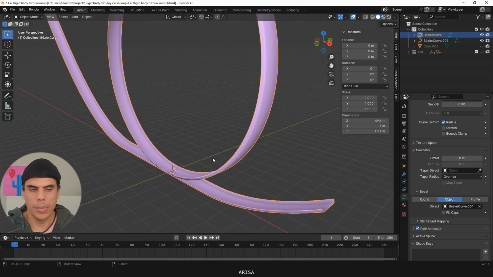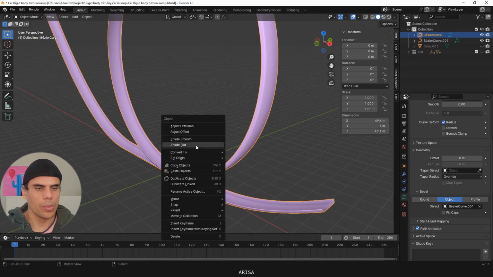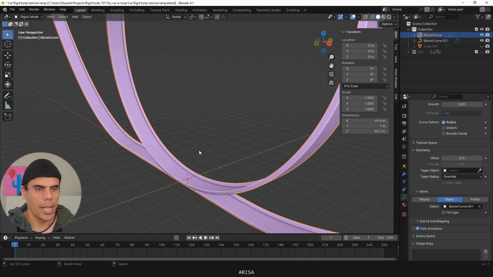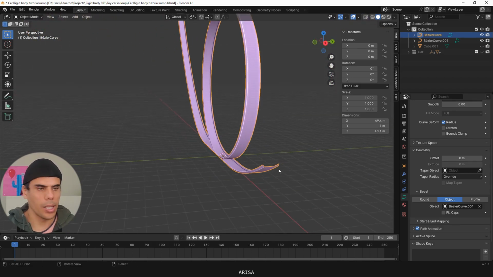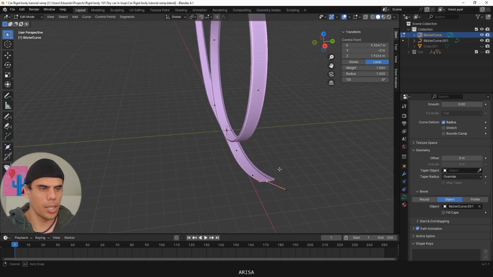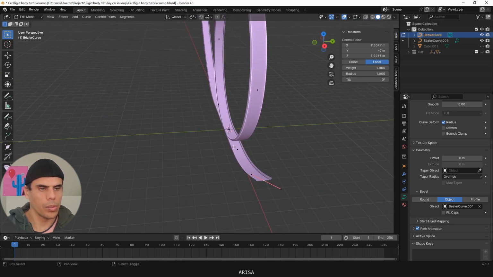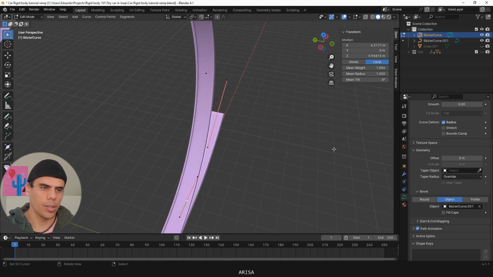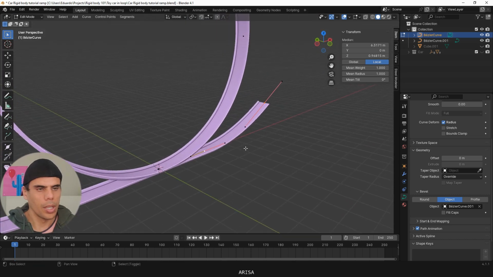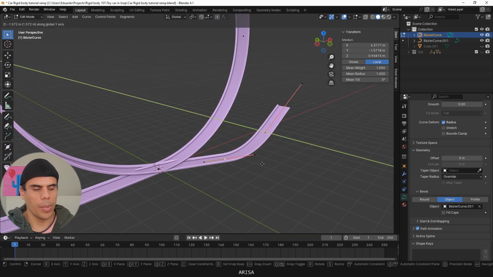And voila. Now we go to smooth flat, and then we need to move them to the right from here to make a nice curve